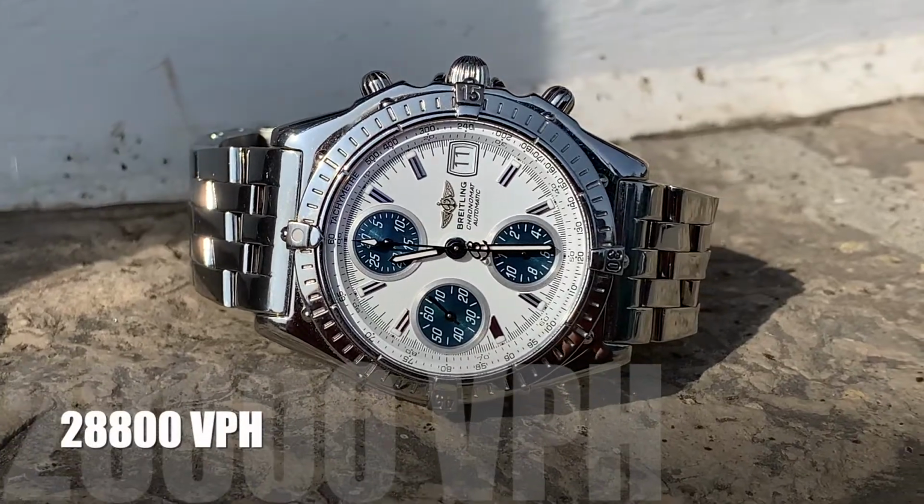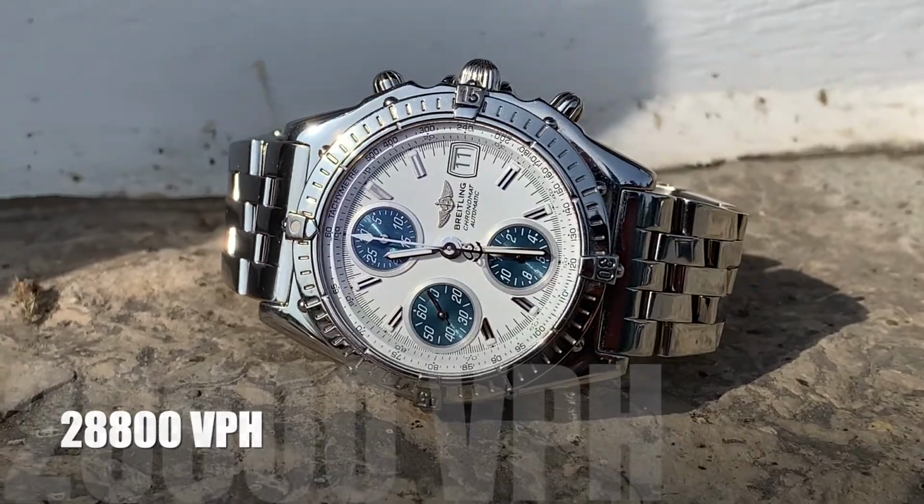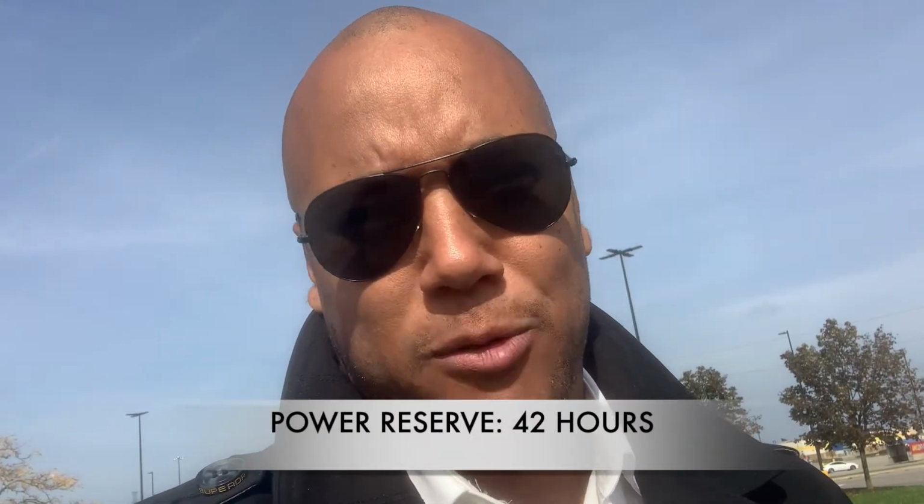So basically that means there's a little tiny rotor inside that winds itself. That's right, while she's on your wrist. Hot damn! Running at a whopping 28,800 vibrations per hour. She's COSC certified and she's at around minus 10 seconds a day. This Breitling B13 caliber movement is based on the Valjoux ETA 7750 and carries a very modest and generous 42-hour